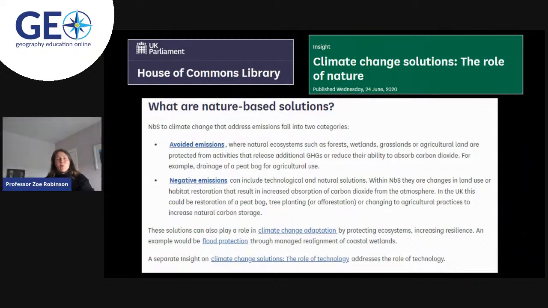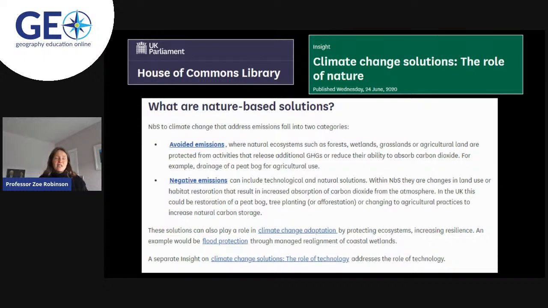Okay, the final thing that I want to focus on in the last few minutes is thinking about what are called nature-based solutions. This is some extracts from a report from the House of Commons Library from the UK Parliament. And it talks about what nature-based solutions are. It falls into two categories. One is in terms of avoiding emissions from natural ecosystems, so ensuring that we manage the activities of these ecosystems to reduce the release of greenhouse gas emissions. And also